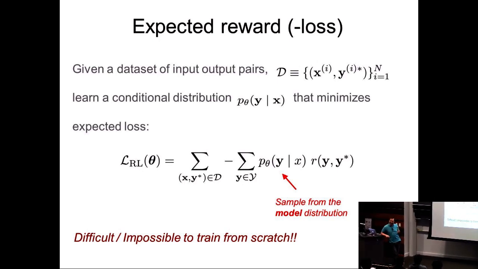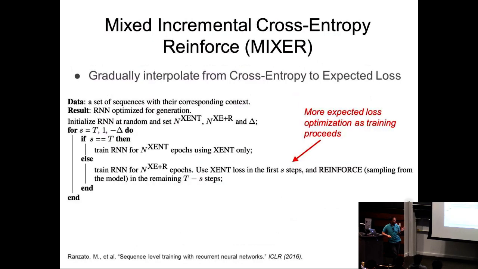It can have high variance, right? Because if you're unlucky and you sample the wrong Y and your reward is really bad, then all of a sudden your gradients will become very large. So you have to take into account that there's a whole bunch of things you can do to stabilize the gradients.